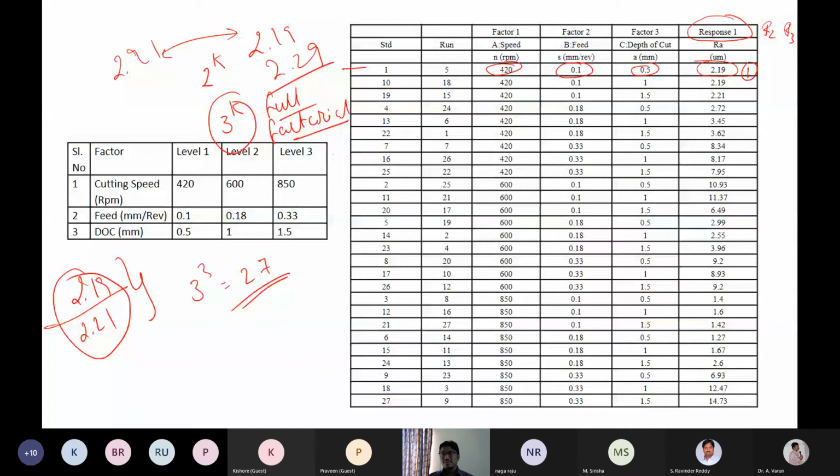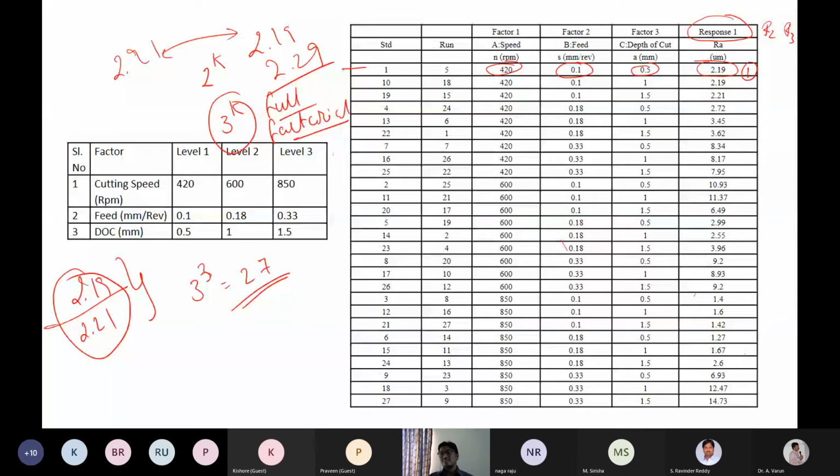Okay, and we go on doing the experimentation, and these are some of the values which we get from the experimentation. As already told you before, you need to save this design. Because with full factorial, I am using all the combinations at all the levels, so somewhere in these 27 combinations I'll be finding the same level, and there I can note down the response. But with fractional factorial, RSM or Taguchi, these combinations go on changing. So once I create a design, I need to save the design. Then only you'll be getting the same combination.